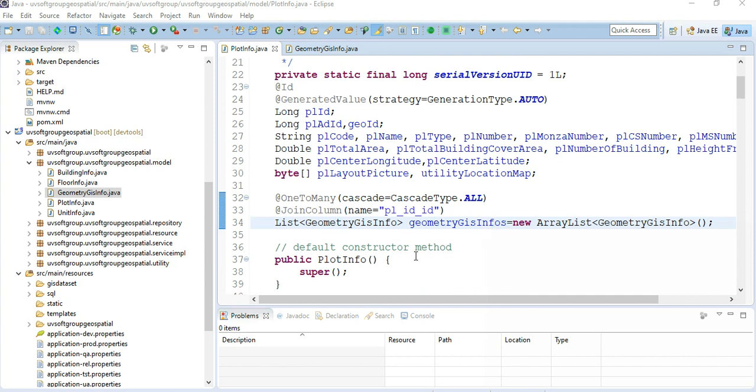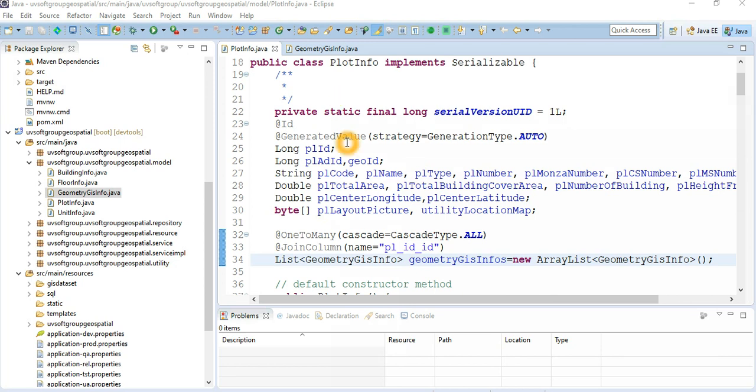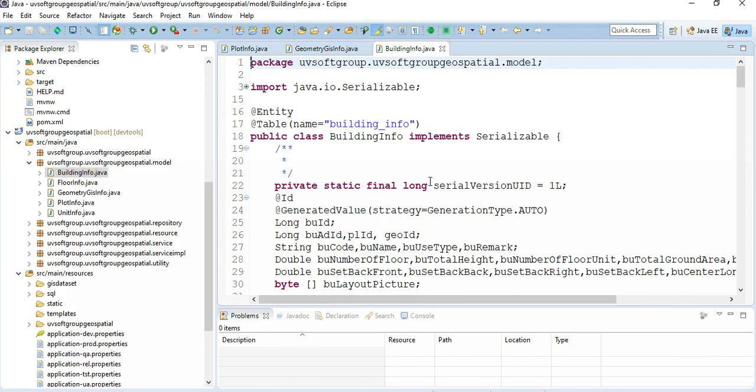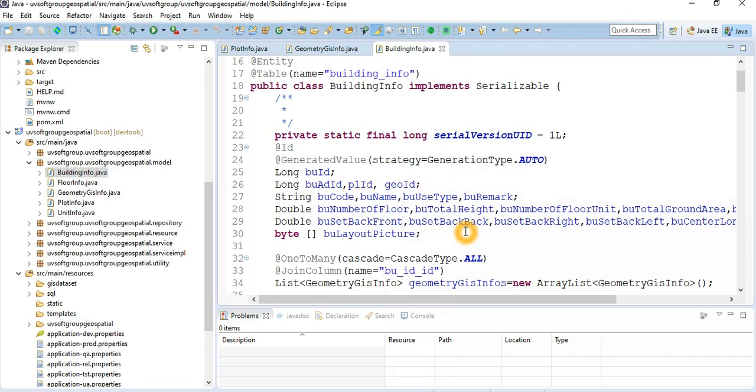So that means you independently register your geometry, and after the registration of geometry is done, you take your keys and put these keys into the respective real registrations. Real object registration means the plot, building, floor, and unit registration. Let's look at the building ones. Exactly the same. The building itself has information